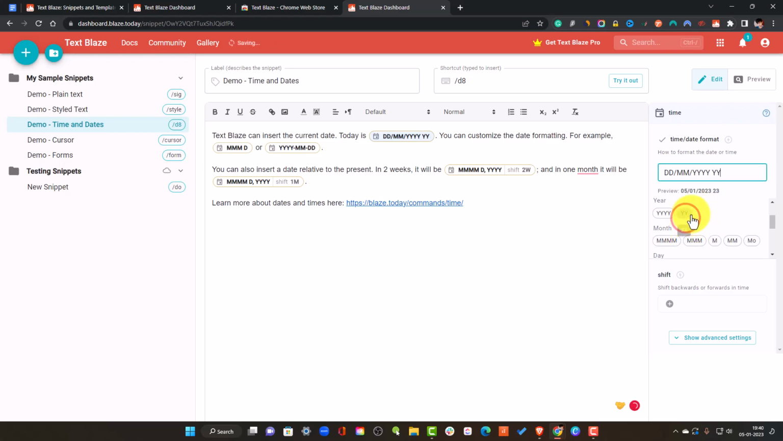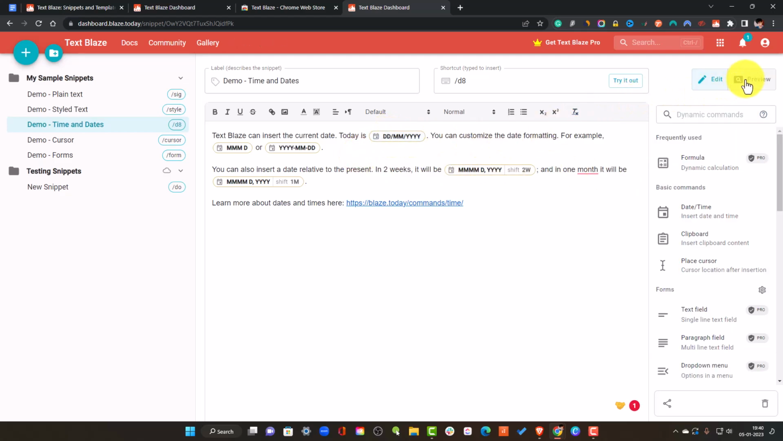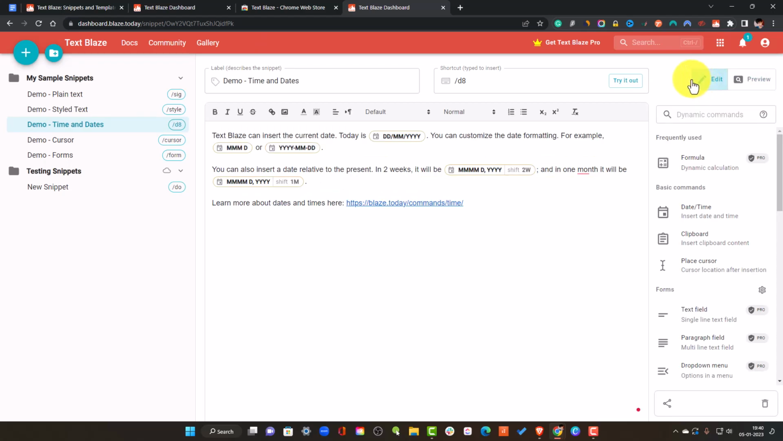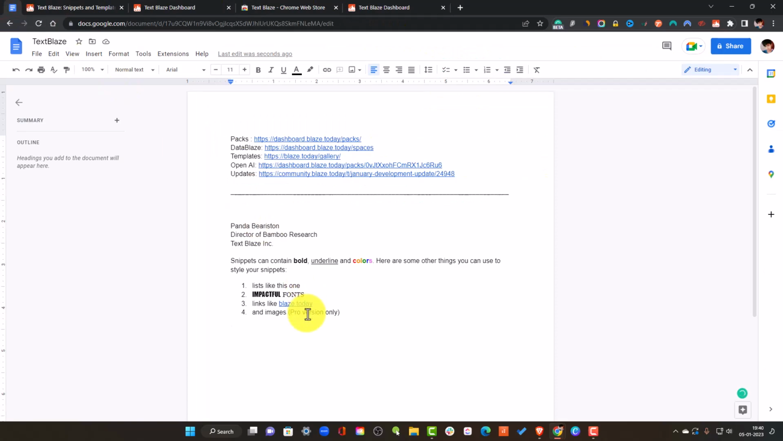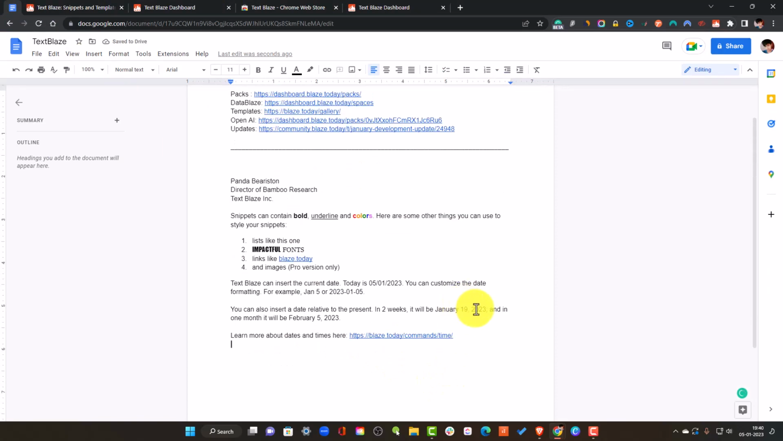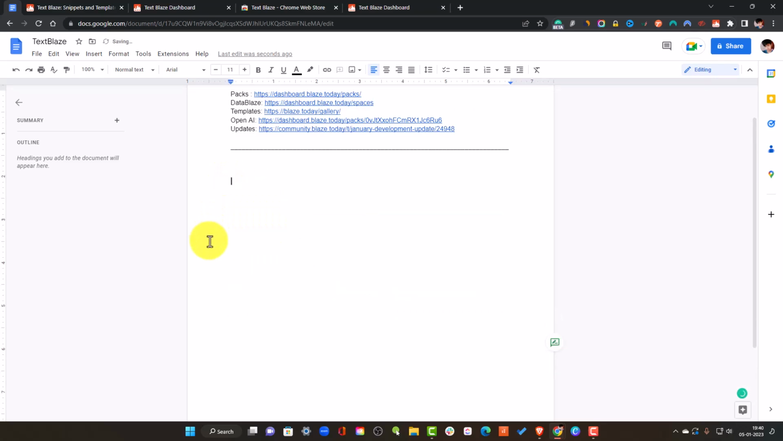Just print it this way, and you will see the preview of it, based on the current date. You can also preview it like this. So when you use this date shortcut, it will be printed. And this is very helpful when you are writing emails